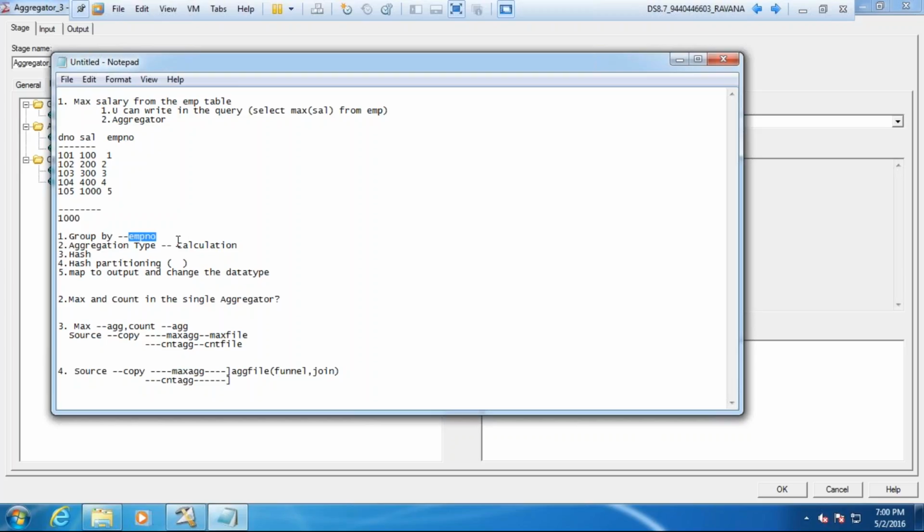Did I correct you? Yes, you did. You could have thought like this, sir. If the employee number is all 1, 1, 1, then it will form one group. Then I can get the maximum salary, sir. Okay, yeah, I got it now. Every department has employee number 1, so now it can become a group.